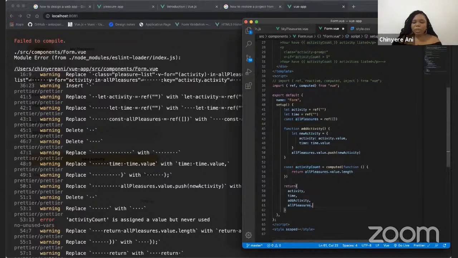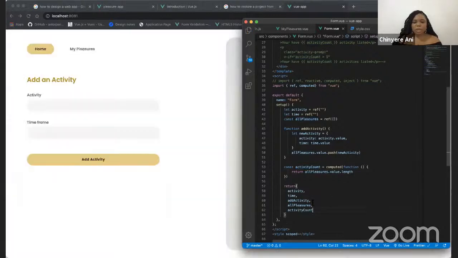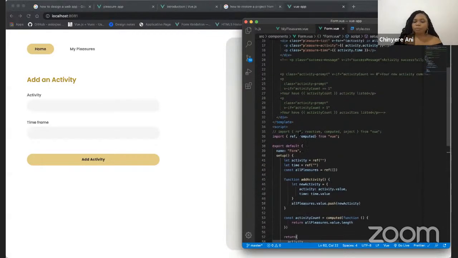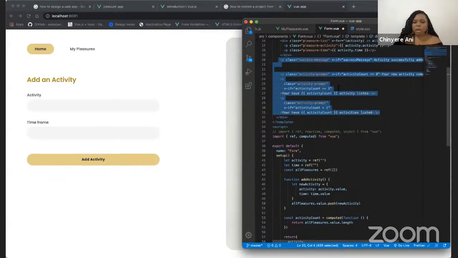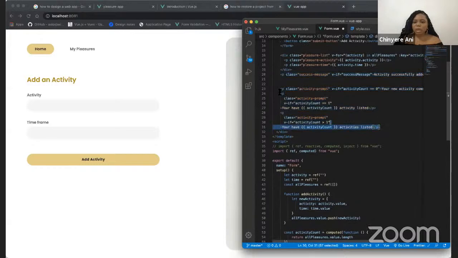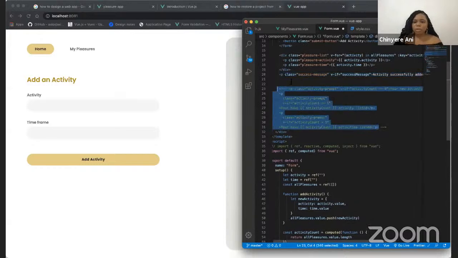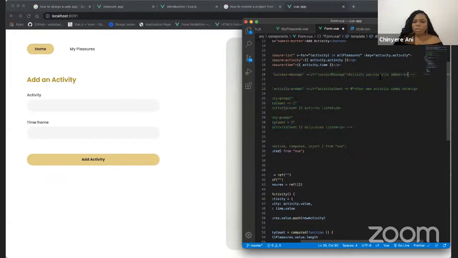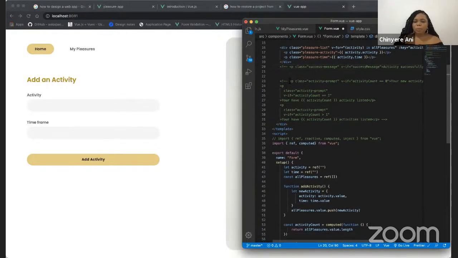So it's telling me that I declared activity count and I never used it. So guys, like I said, you always have to return it. So here I'm returning it now. I can go ahead and comment all of this out and explain each one of them to you. So I'm not going to be using this one at the moment. So we have our